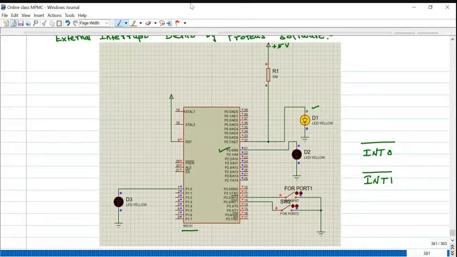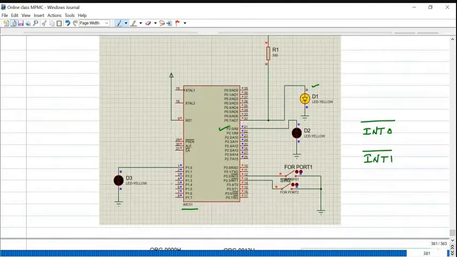The circuit connection: when the INT0 interrupt occurs, the LED connected to port 1.0 needs to turn on. When the INT1 interrupt occurs, the LED connected to port 2.0 must be turned on. That's it.